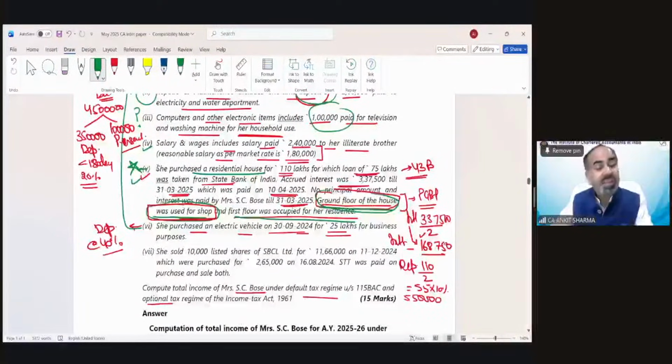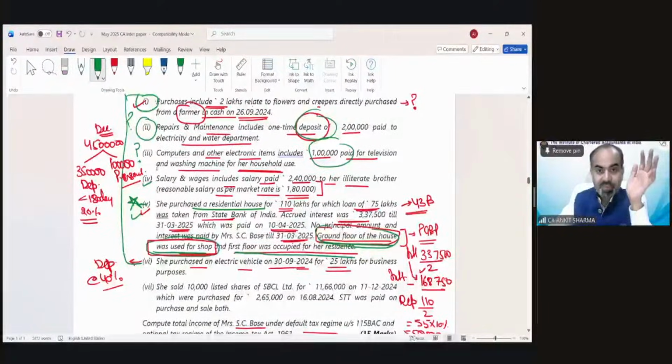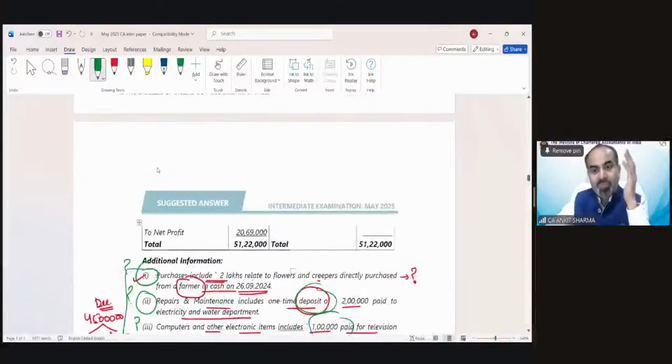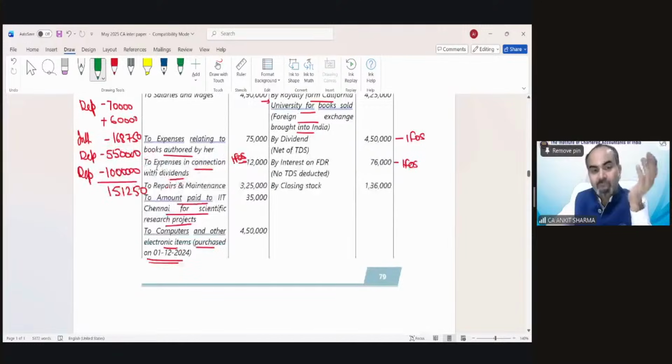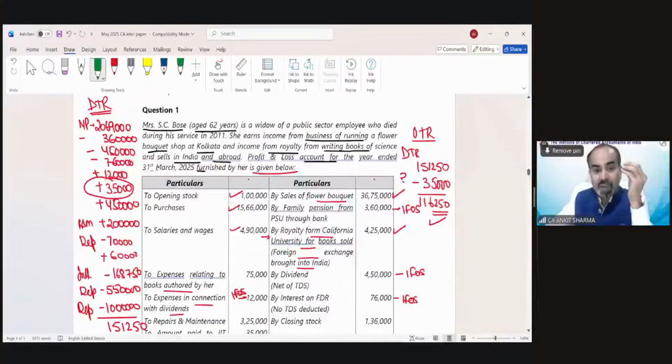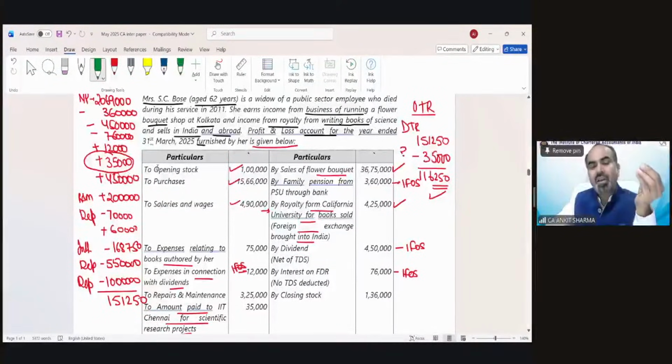What is difficult in solving this question? Tell me. Nothing. That is just the nervousness, the tension, controlling of nerves. Maybe that is the main reason we are not able to solve these kinds of compulsory huge questions in the examination. So we are actually solving May 2025 descriptive question number 1, and you can see there is no point which is very complicated or difficult. It is as simple as that. Apply the provision, you will find the correct answer. Understood?